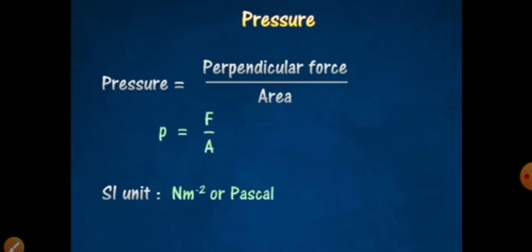Pressure is the thrust acting upon a unit area of surface, or you can say pressure is perpendicular force divided by area. We know that when a body is placed on a surface or any table, the body exerts a force equal to its weight on the surface. The total force acting normally on the surface in contact is thrust, that is our perpendicular force. So, pressure is equal to force by area, and its SI unit is Newton per meter square or Pascal.